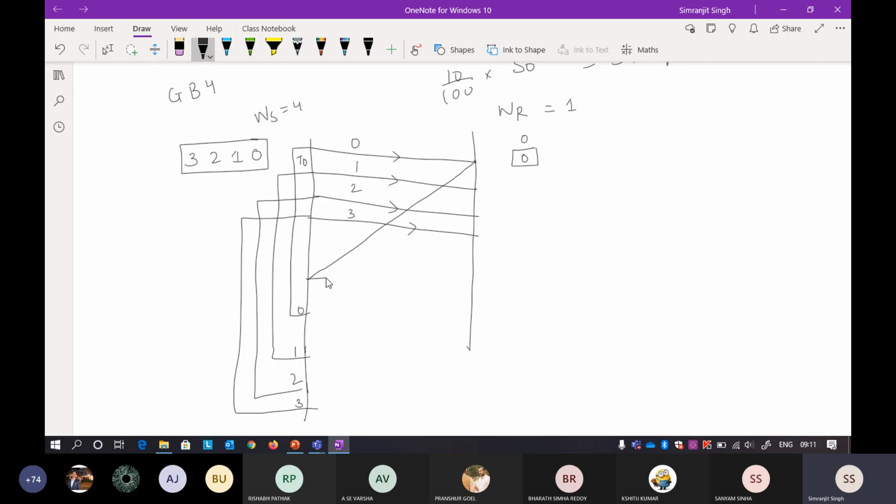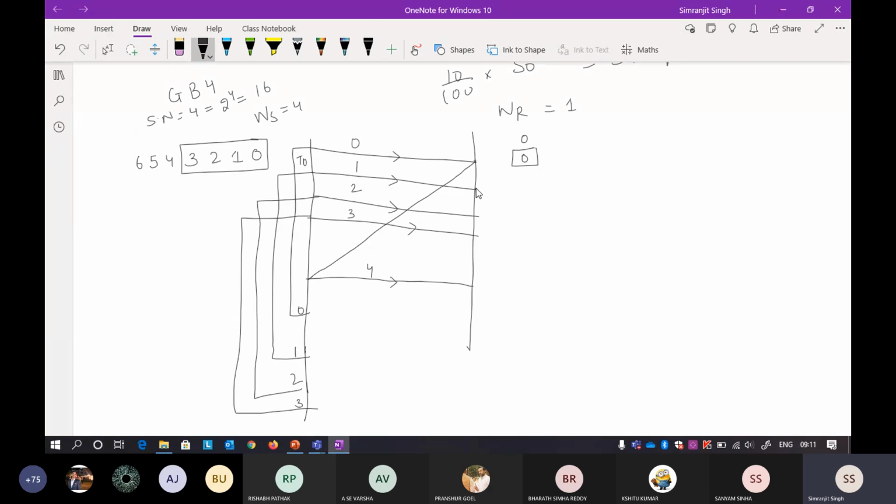I'm not using the same sequence numbers, so as not to confuse you. Suppose the sequence number field is 4 bits. 4 bits means you can represent 2 raised to power 4 numbers, that is 16 numbers. So when you get the acknowledgement of the first one, you will be ready to transmit the 4th packet. You already know.